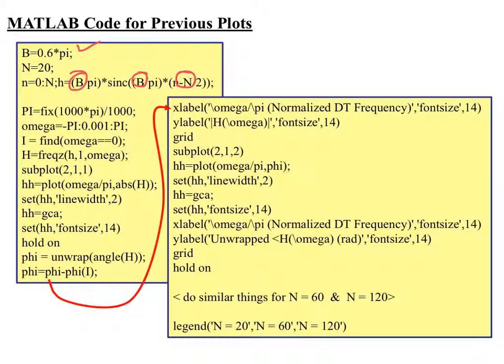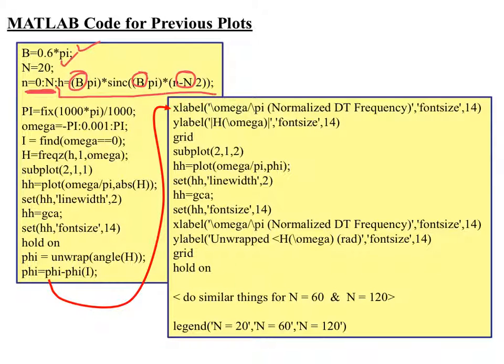That way, if I ever want to change to a different value of B or N, I can reuse code very easily because I haven't hard-coded values in. I'll often put all the things that I'm specifying in the very first few lines of the code. So I specify my B, I specify my N, and then I compute an N index,